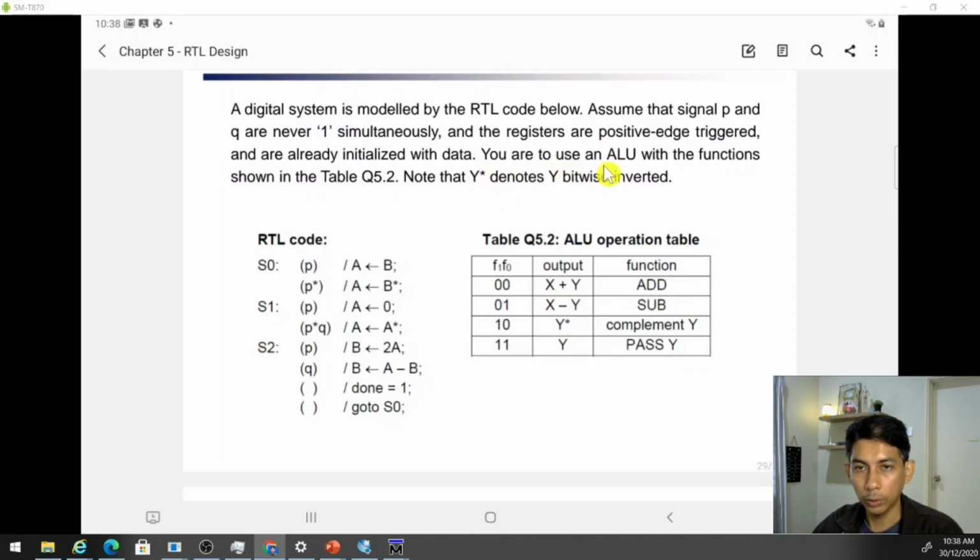You are to use an ALU with the function given in Table Q5.2. So this is the ALU, and Y star means the complement of Y, or Y bar. All right, so for the ALU, if f1 f0 is 0 0, we have the add operation. If 0 1, we have the sub operation. If 1 0, we complement Y, and if 1 1, we pass Y. And this is